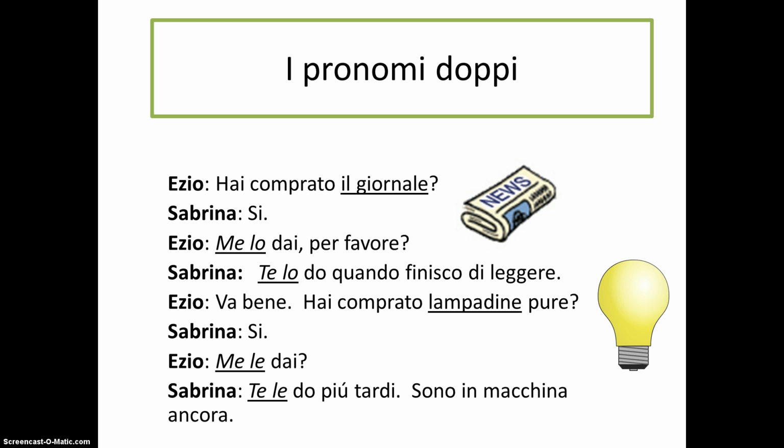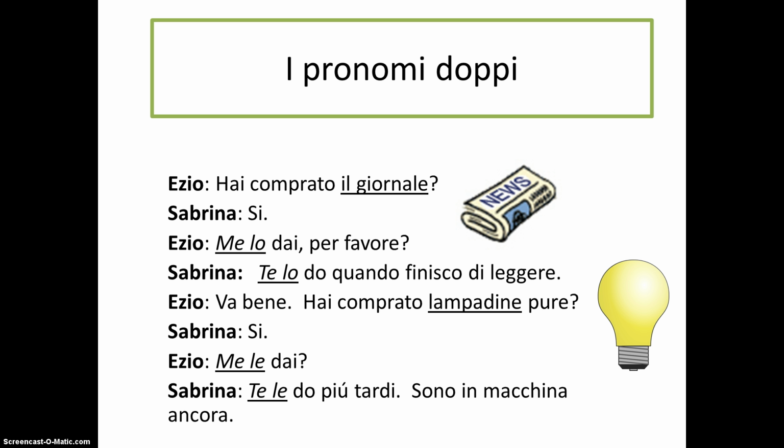Ezio, hai comprato il giornale? Sabrina. Sì? Ezio, me lo dai per favore? Sabrina. Te lo do quando finisco di leggere. Ezio. Va bene. Hai comprato lampadine pure? Sabrina. Sì. Ezio. Me le dai? Sabrina. Te le do più tardi. Sono in macchina ancora. In the first example of a double pronoun that we see in this example conversation, me